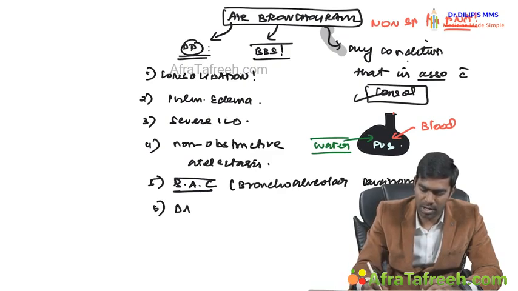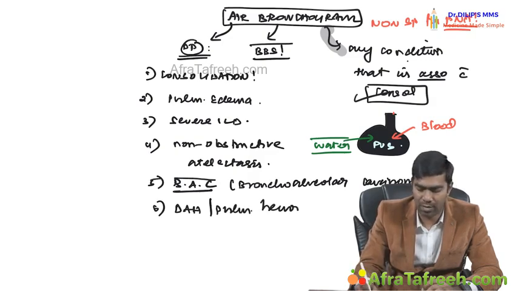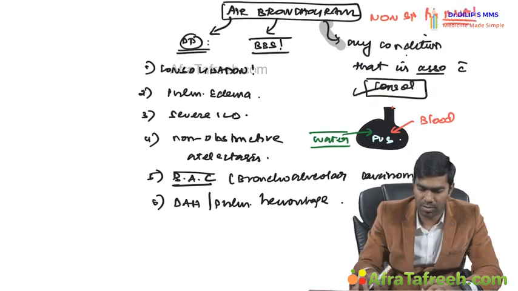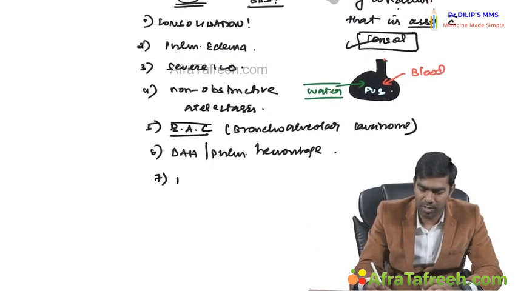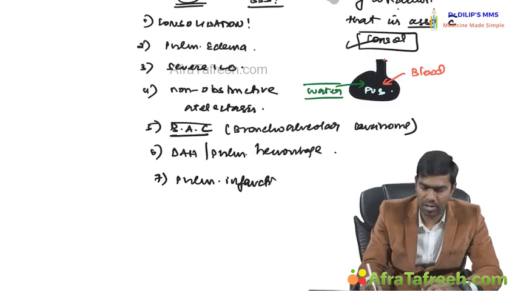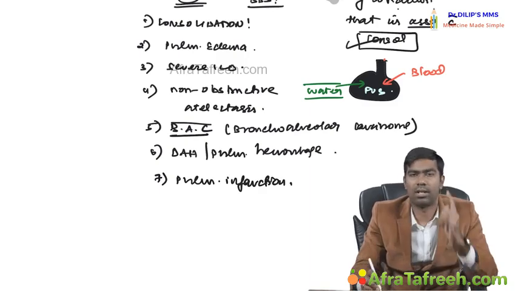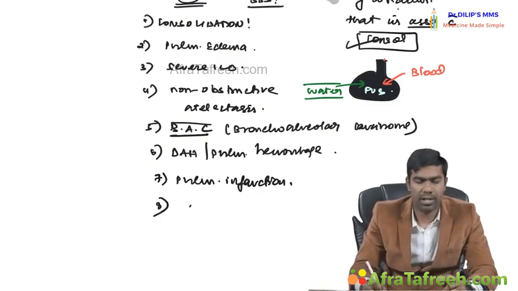So diffuse alveolar hemorrhage, or simply pulmonary hemorrhage, obviously again is an alveolar filling process. Then pulmonary infarction. Pulmonary infarction can also show air bronchograms. Finally,